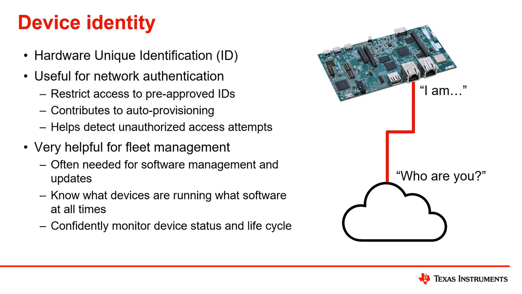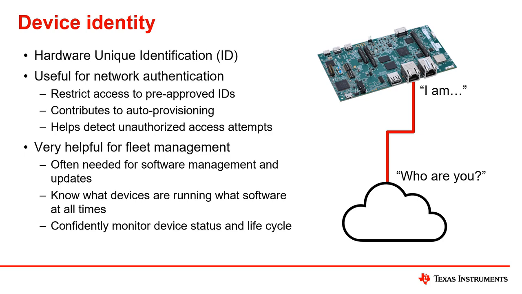So this is all based on hardware unique identification, another basic security enabler that we have in TI devices, and this is great for network authentication. On the flip side, it's also great for detecting unauthorized accesses. So if you have a device that's trying to connect to you, maybe somehow they've broken through some of your security layers and they've been able to hack a system and make it look like one of your devices, but its unique ID is not in the approved database, and now you're going to know that somebody is trying to get into your system with a bad device as well. And you can also implement other security features at the system level to take advantage of that.